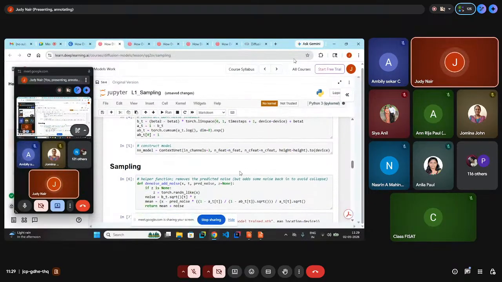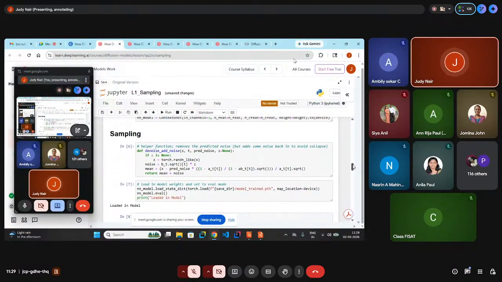Then the model UNet is constructed. This is the sampling, that is denoising, the number of denoising steps. Here the noise is, as we said, the square root of the actual noise and the predicted one. The mean is calculated with x minus the predicted noise. You can see that mean plus a noise is also added. A small noise, which I told you, is added to it. If you don't add this noise, it gives you blurred images. That is also explained here.